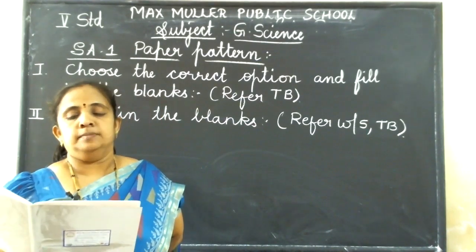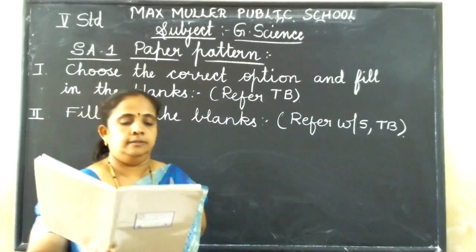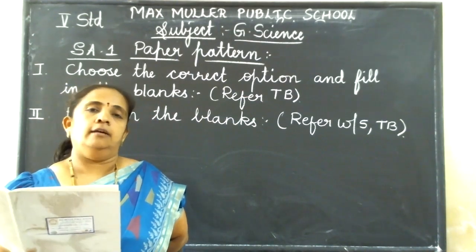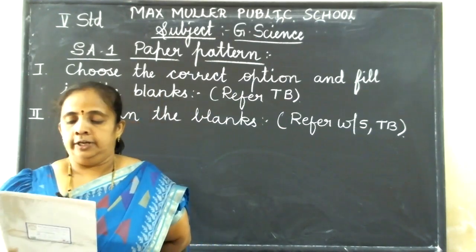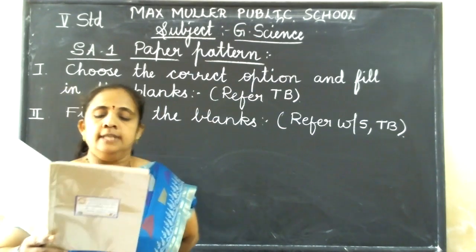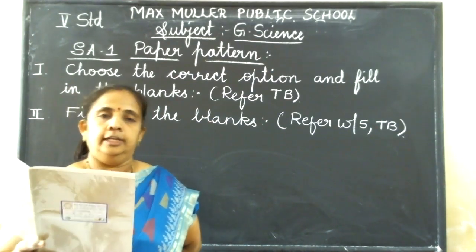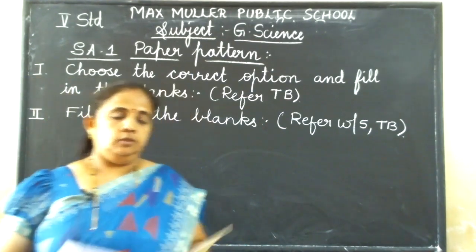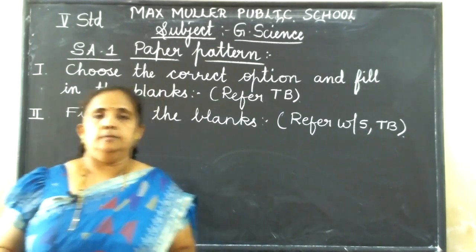Sixth, birds, mammals and reptiles breathe with the help of their lungs. Seventh, bodies of snakes, crocodiles and lizards are covered with scales. Eighth, a porcupine protects itself with its spines. Ninth, whales and dolphins have flippers for movement. Tenth, Arctic tern is famous for its migration. So this is the July worksheet. Now we'll move to August.